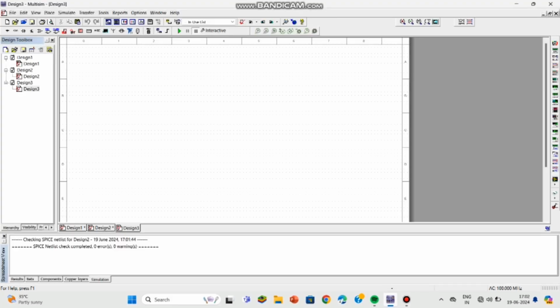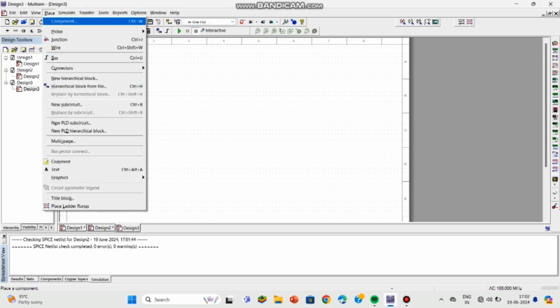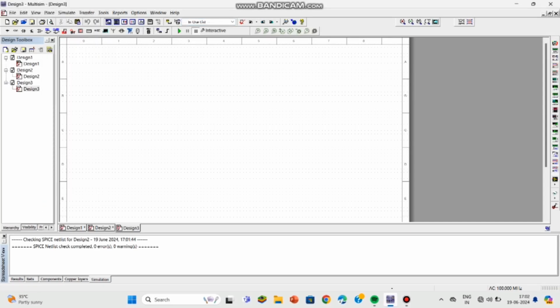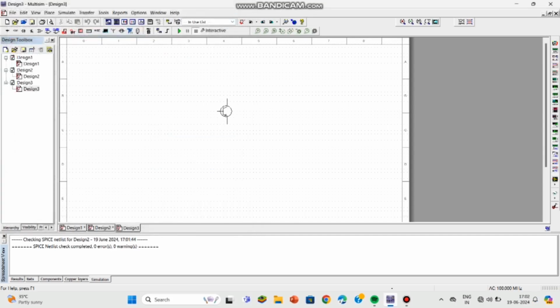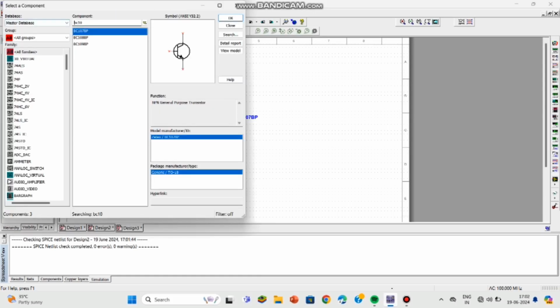First, place all the components required for it and then you can connect. So for this, click on place and then component. So select the component which you require. So for this we require BC107 BJT transistor. So place it on the breadboard and then